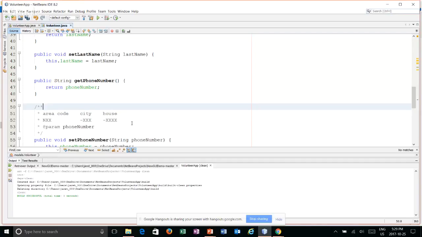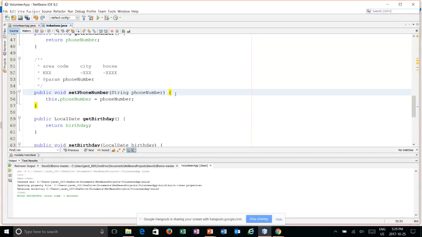So for example, NXX, the N here, this represents that it can only be numbers 2 through 9. So 0 has a special significance because that's calling the operator. And 1 has a special significance because that's going to be long distance. But 2 through 9 are valid numbers. And then the X means any number between 0 and 9. So as long as it starts with a 2 and then it has 2 numbers, and then we'll do a dash and 3 numbers and a dash and 4 numbers, that will be a valid